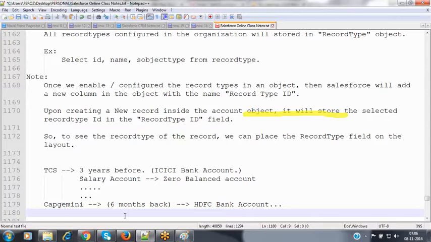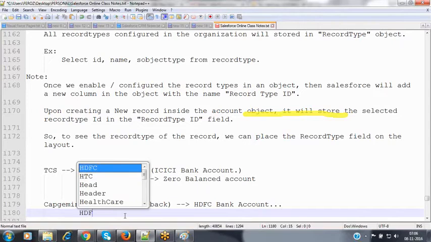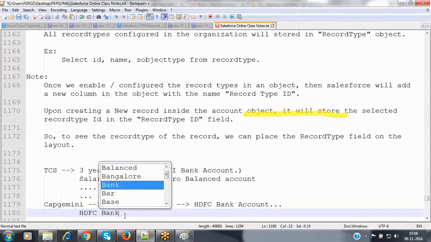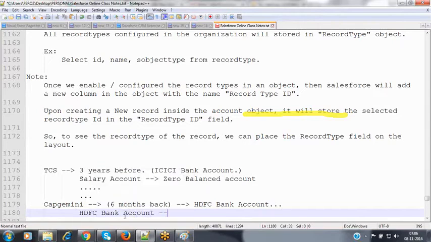So as part of that organization, I also should have an HDFC bank account in order to get the salary. During the joining formalities, they opened an HDFC bank account for me, and I'm using that bank account for almost 6 months.